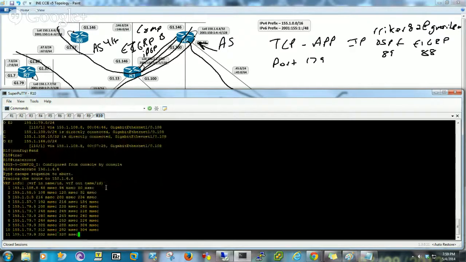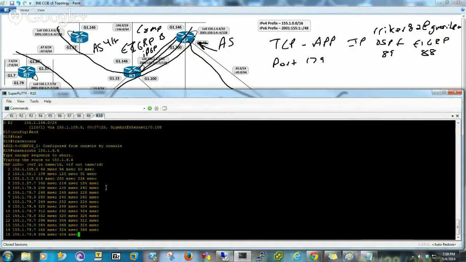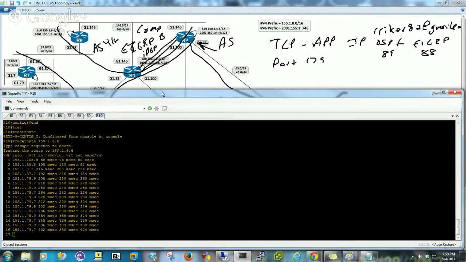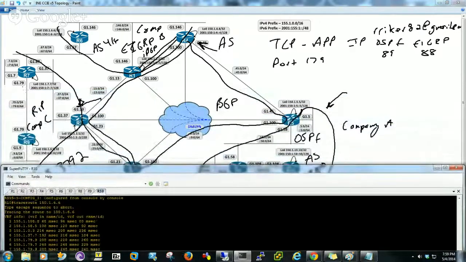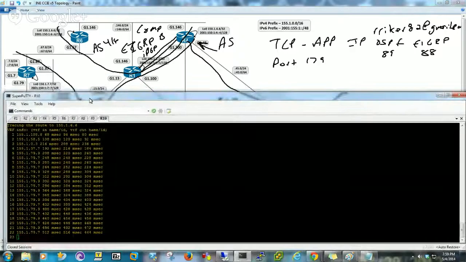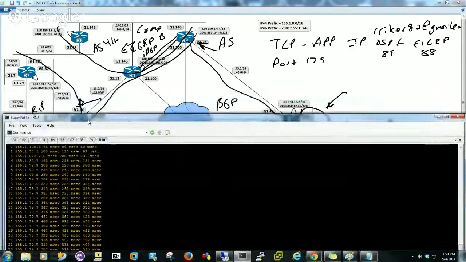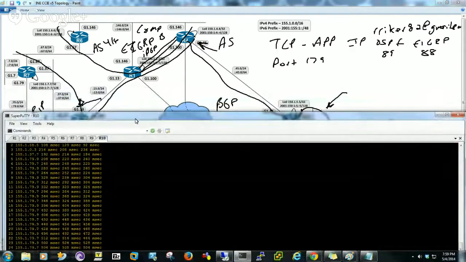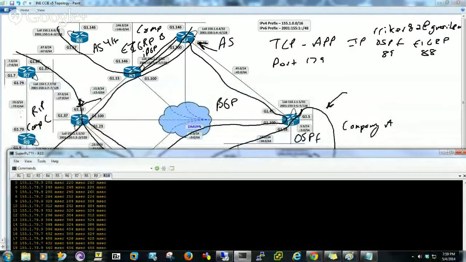Oh, we have a loop. Sure do. We hit 79.9. Where is that? 79. Oh, we're all the way over here. We have a loop. Yep, we have a loop, ladies and gentlemen. So let's let that finish out, and it's done after this one. So it's going between router 7 and router 9. So even though we have full reachability,